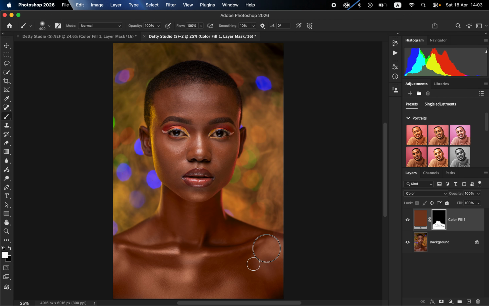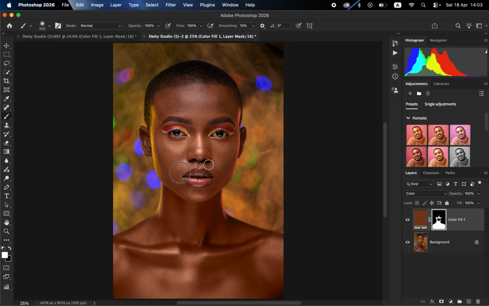So make sure you are careful with this step, because you don't want to leave out some areas unpainted. After painting on the chest and the neck area, the next step is going to be to paint the color on the face. For the face, make sure to avoid painting some areas. Be careful enough not to paint some areas that have makeup, or this area that has this light as a rim light. So I'm just going to paint like that,